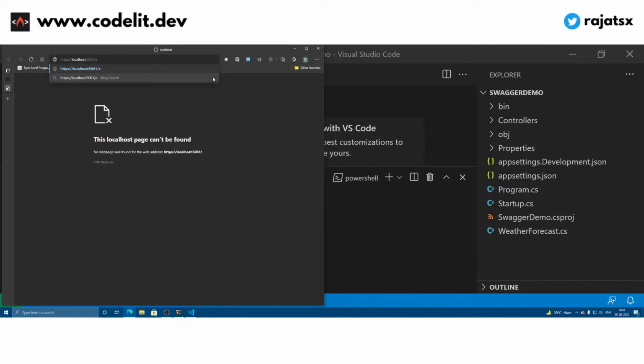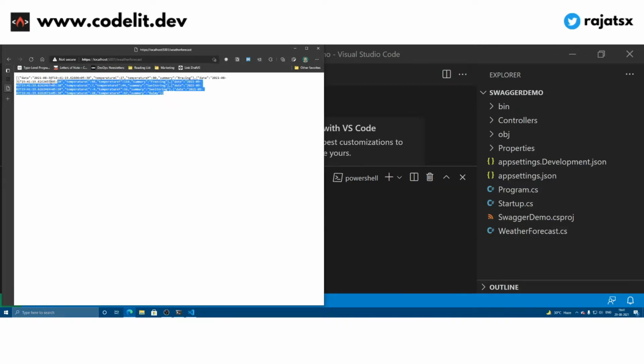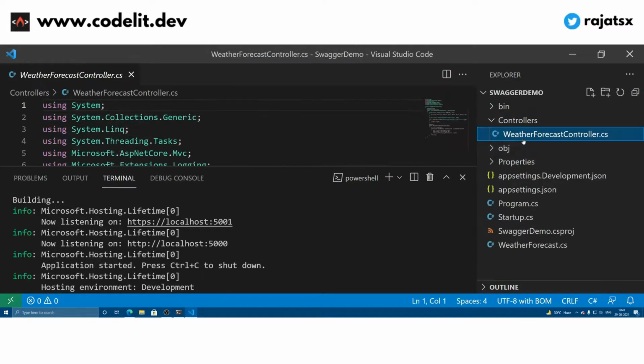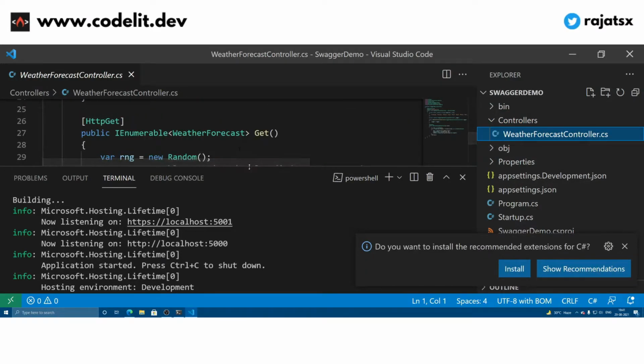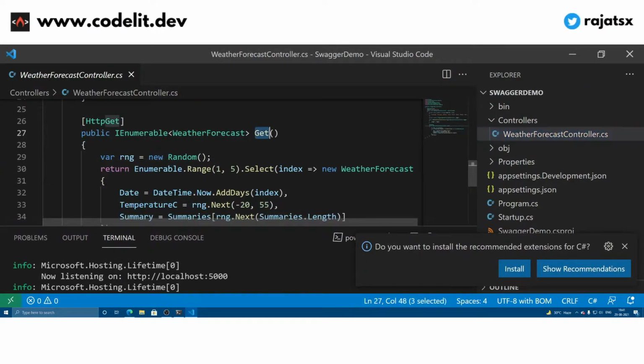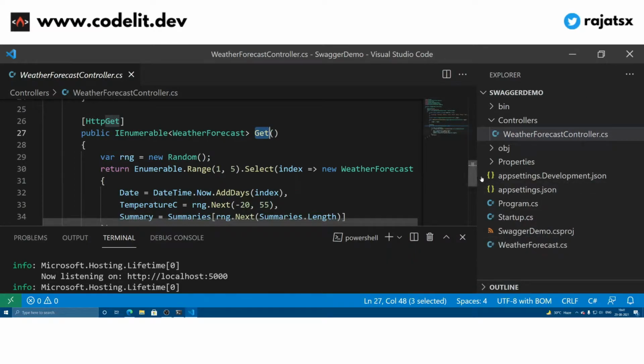If we go to weather forecast, you will get to see some data. This is a get request and this is data served by the get request, and it is coming from this particular controller's get method.